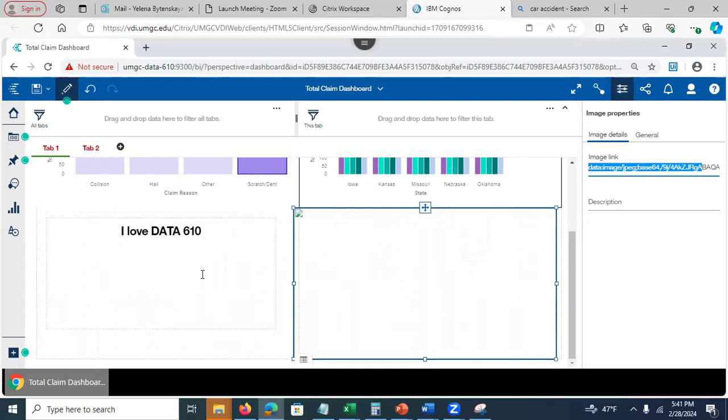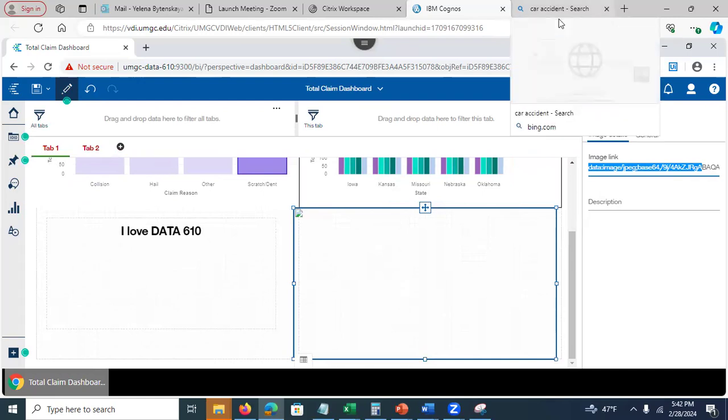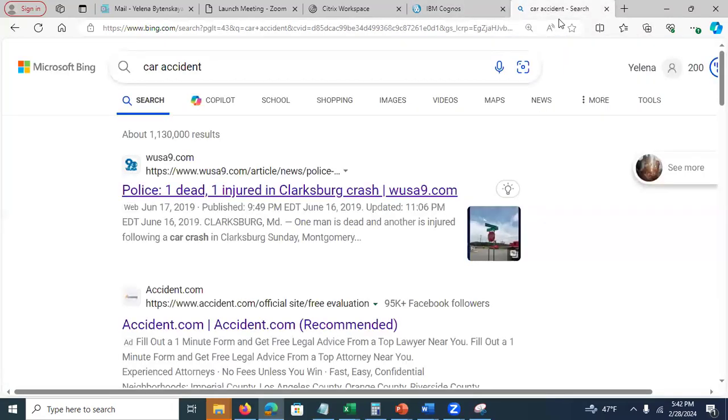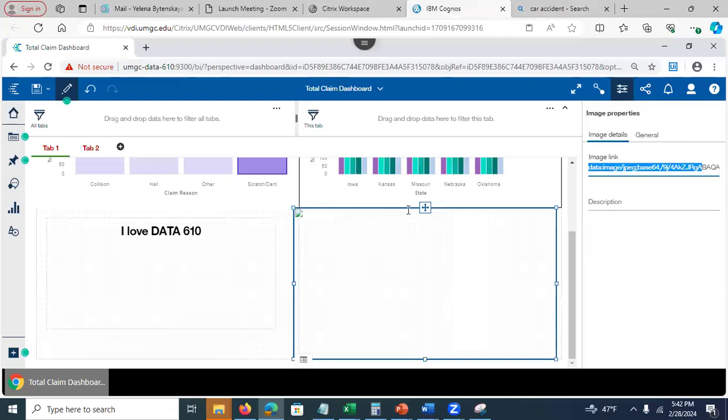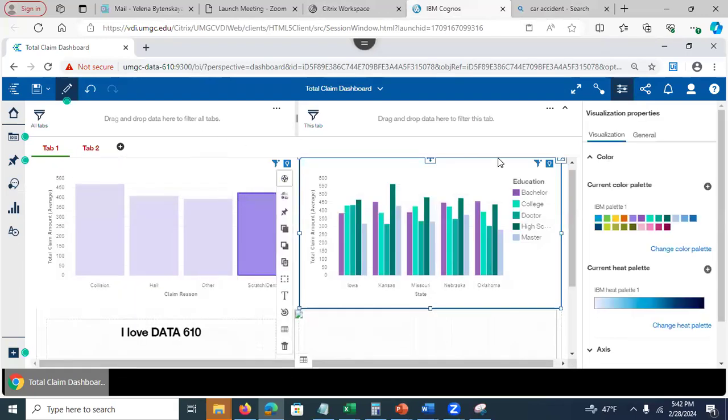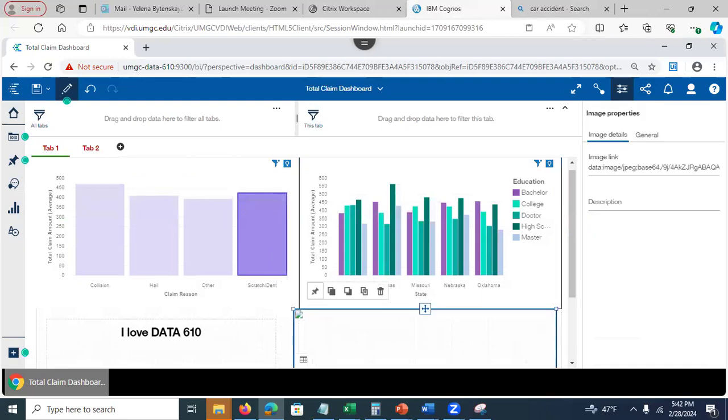When I do that, oh, I see why. Do you know why it's acting out? Because you cannot copy and paste directly. I have the scar thing opened on my local machine, but this is the VDA. You cannot copy and paste back and forth. That's a problem. This is why I got a problem, because you cannot copy and paste between a local machine and